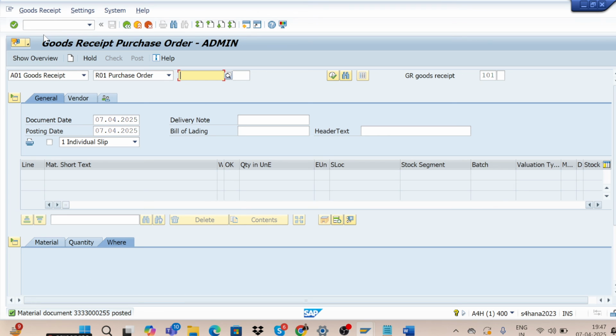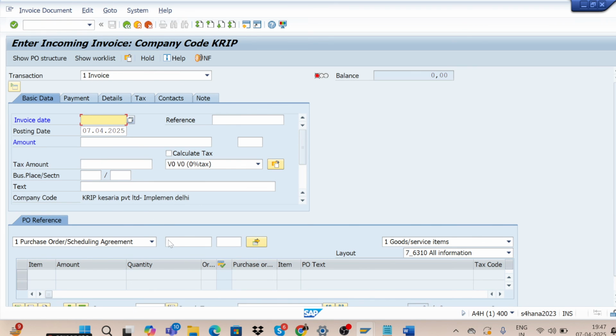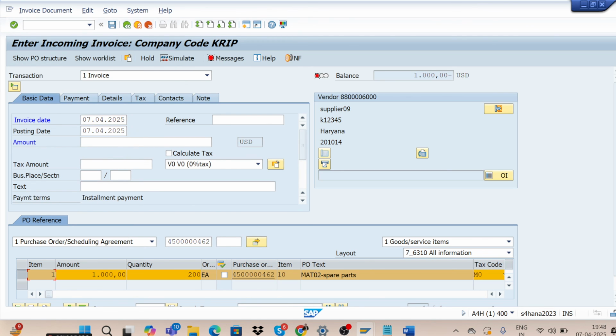This is also done. Now we will do invoice verification for that changed PO. In MIRO, I am going to do that. I will give my purchase order number, invoice date, hit enter.